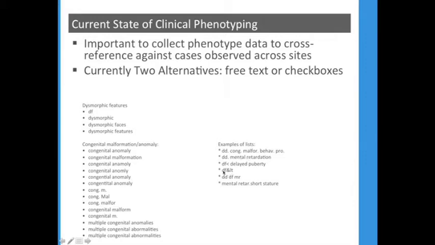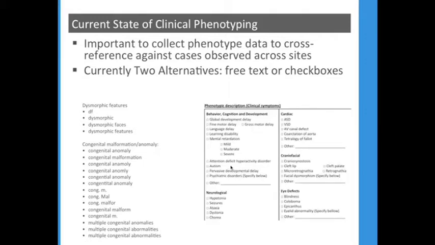Other things like "DF less than delayed puberty": actually, the "less than" is likely a comma which has been mistyped. The computer has no way of knowing this. So the alternative is checkboxes, where we standardize the description and allow a clinician to check a limited number of phenotypes, where they say, well, the patient has global developmental delay, or mental retardation, mild, moderate, or severe, and other things. But obviously, you're limited in the number of checkboxes that you can put on a single page, which is pretty much the extent that's possible within a clinical workflow.